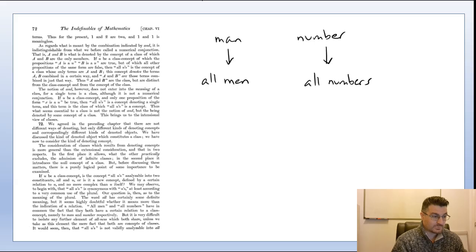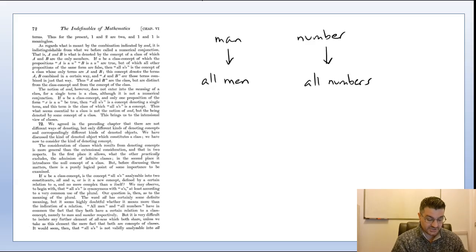So what he's saying here is that rather than the class being considered as an object, just an object in its own right, does it have to be considered as an object which is denoted? And the fact that it's being denoted by something, does that come into the consideration of it as a class? Or can we just consider it as a class in its own right, whether it's denoted or not? And that's what we're going to be looking at. It's going to be answering in the next paragraph.